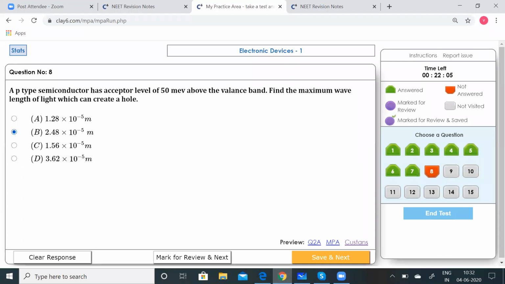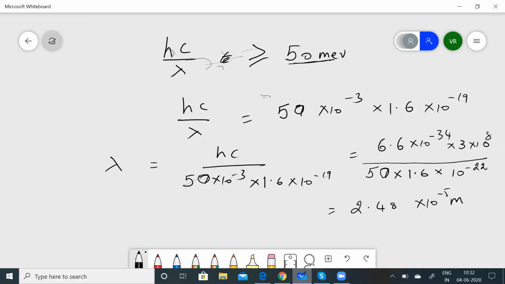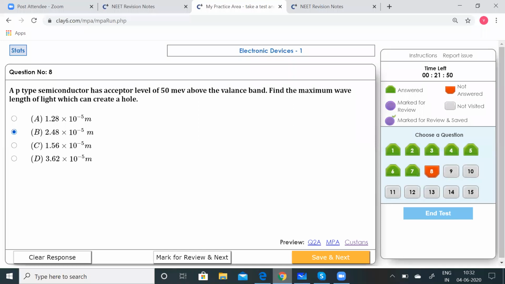Yeah, this is correct. So I hope you understood we are now relating this to the emission. The emission given by the particle is given by hc by lambda. So that's how we are now calculating this. So this is now going to be the correct option. Save that, go to the next.